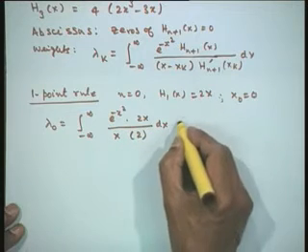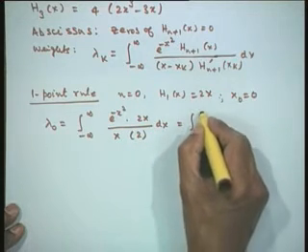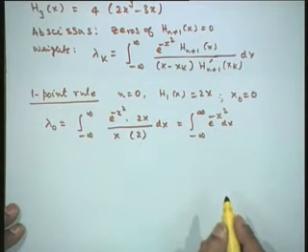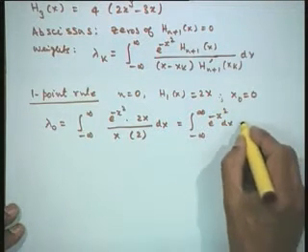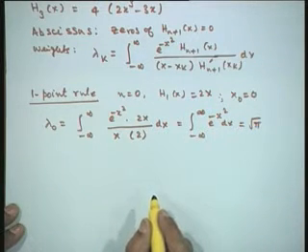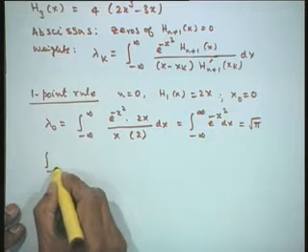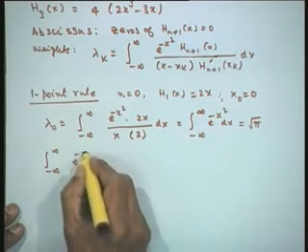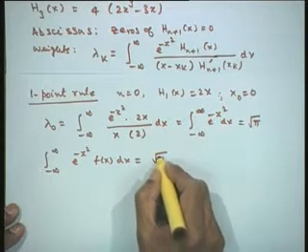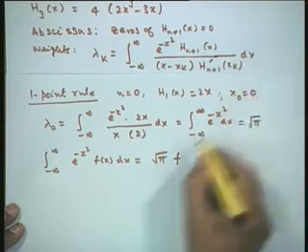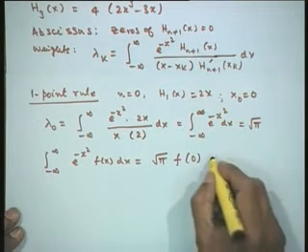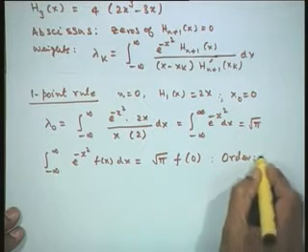So, 2x cancels, I simply have this as minus infinity to infinity exponential of minus x squared dx. This we know is equal to root of pi. Therefore, our integration rule is: integral of exponential of minus x squared f(x) dx, the weight is root pi, f of abscissa is 0, f of 0, and the order of the formula is 1.